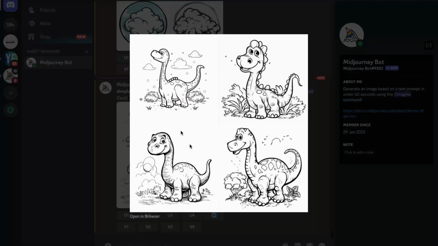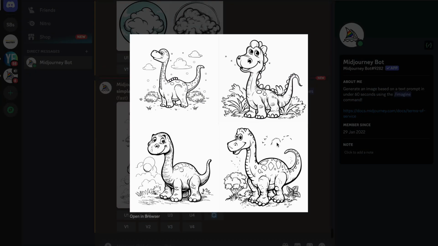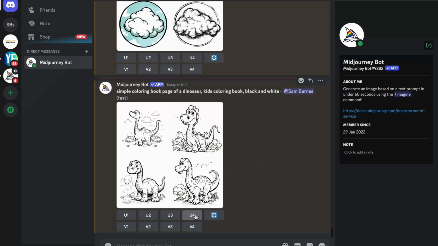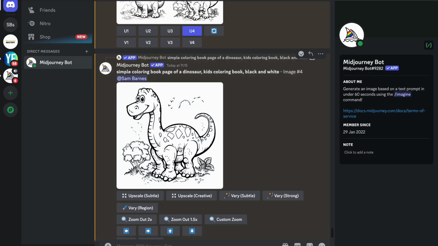So you can see here, it's going to give us 4 options for images. There's this one, which is image number 1, image number 2, image number 3, and image number 4. Now you have different buttons below that, U1, U2, U3, U4, and then also V1, V2, V3, V4. What these basically mean is upscale and variation. So if you really liked one image, let's just say you really like this image number 4, which I think is the best one here, you'd go ahead and press upscale 4. And what that's going to do is just make this the larger version,